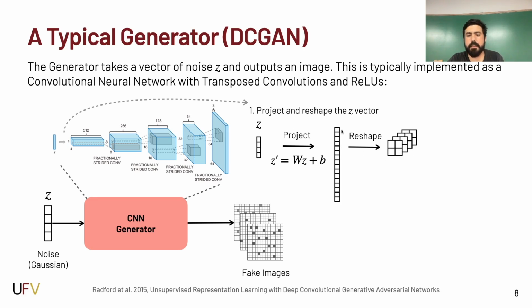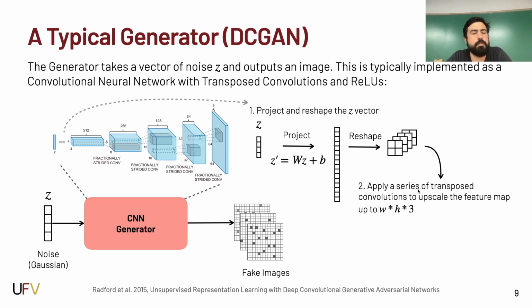So if you look here, there are 16 dimensions. The first 4 are part of the first filter. The second 4 become the second filter. The third 4 become the third filter, and the last 4 become the fourth filter. So that's how I start my first volume. I just reshape this big vector to get the shape I need. And then I keep applying transposed convolutions until I get